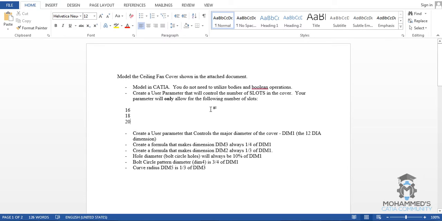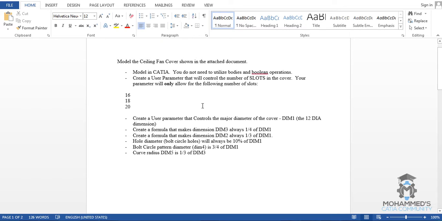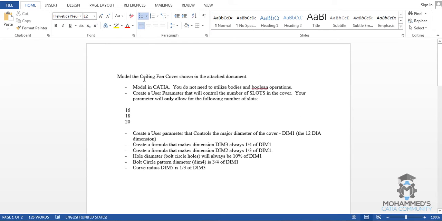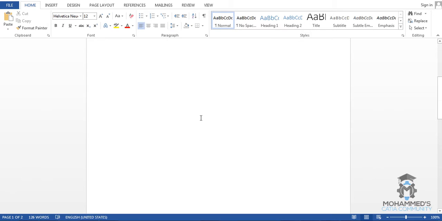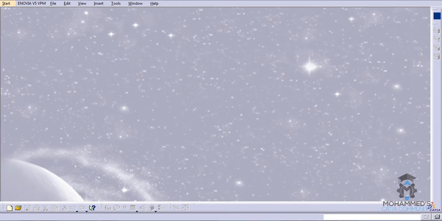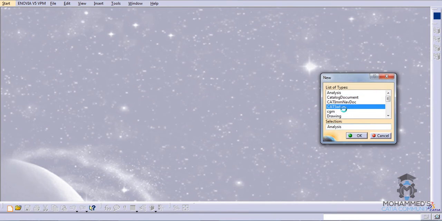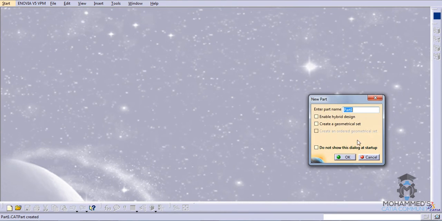a ceiling fan cover and then add parameter values into it to control each and every dimension in that model. So this was asked by one of my subscribers, and he has sent me some of his project question files. So let's have a look at how we can start doing the model. So let's firstly go to start new and go for part, and let's name it as ceiling cover